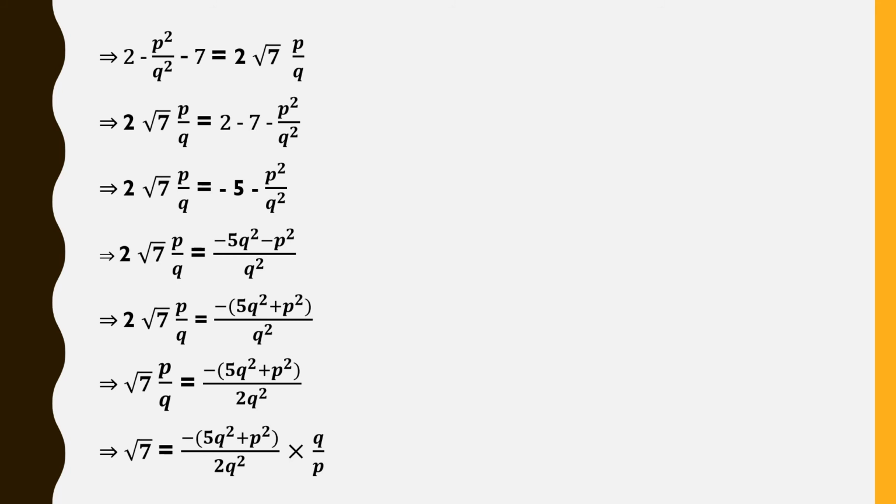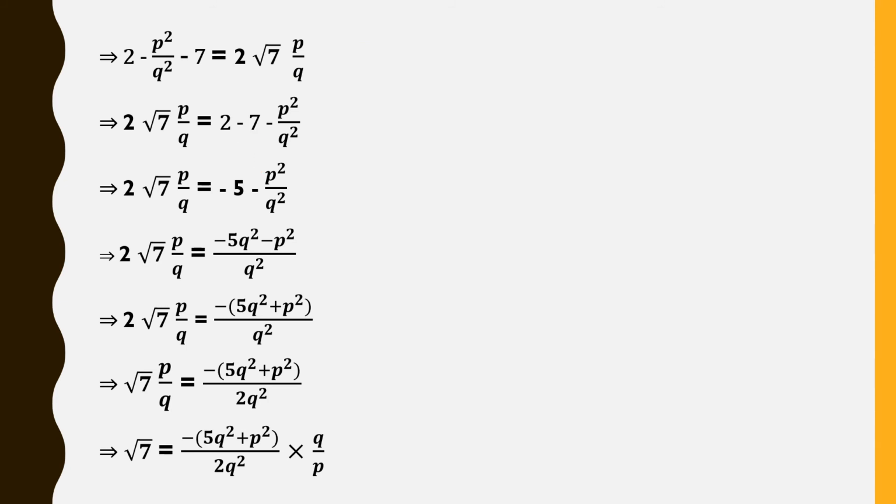Now you can cancel this q here and q here, because there is a multiplication symbol. If there is a multiplication symbol, you can cancel the numerator and denominator. If there is plus symbol or minus symbol, you should do LCM. So here the multiplication symbol is there, then you can cancel the numerator and denominator if the same things are there. Clear? So here don't confuse with these steps. Whatever root is there, that one should be on the left side and the entire thing will be on the right side. If there is any simplification, do that simplification.